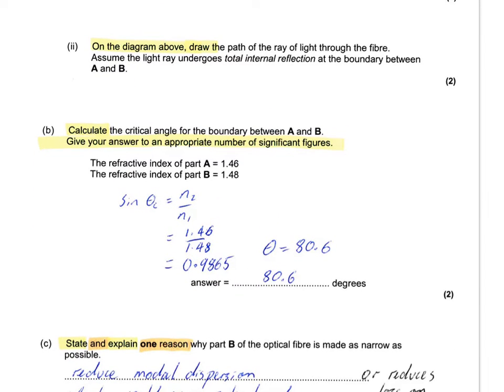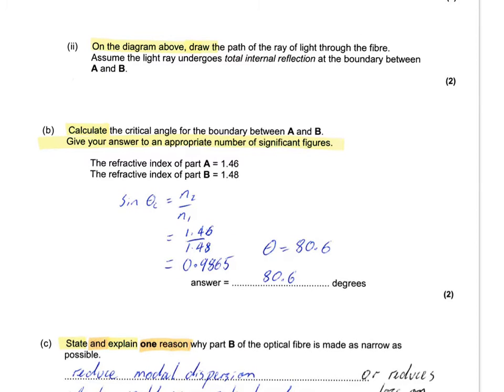Calculate the critical angle for the boundary between A and B. Give your answers to an appropriate number of significant figures. The refractive index of part A is 1.46 and B is 1.48. So it's simply using sin θc = n2 over n1. n2 is the thing it's heading towards, which is A, 1.46. n1 is the stuff it's currently travelling in, which is B, 1.48. That works out to that value,